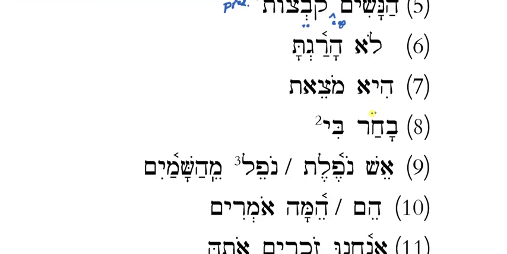Look at number 7. Say that with me. Hi motzet. Which pronoun is hi? Who? What? So hi, who? Who is hi? Hi is she, and mi is who. Right. Okay, so who is hi and hi is she. So which person, gender, number is hi? 3FS, right? That's the person, gender, number, 3FS. So, motzet.